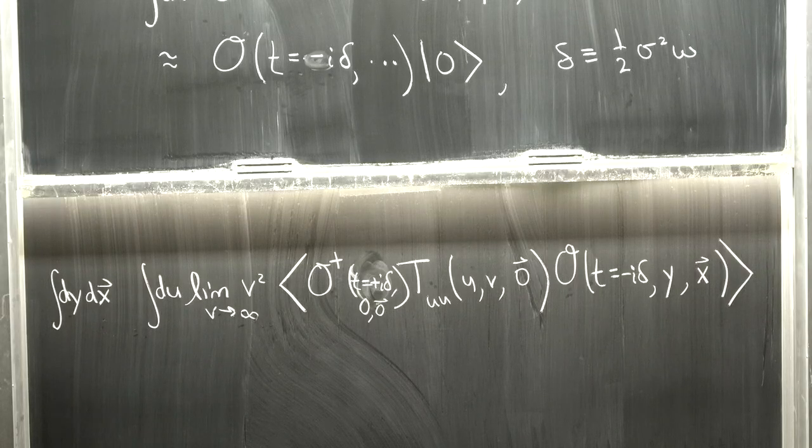Yes? So you commuted, just so I understand, you commuted the limit in V by inserting the sigma, the wave packet. But then don't you have to know you can commute the limit in sigma with all these integrals?